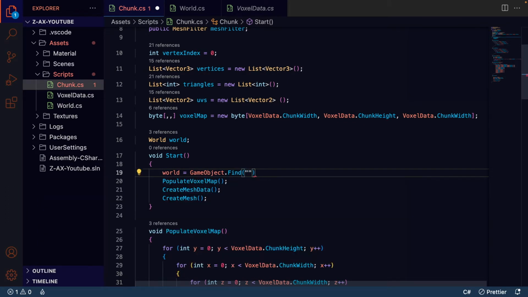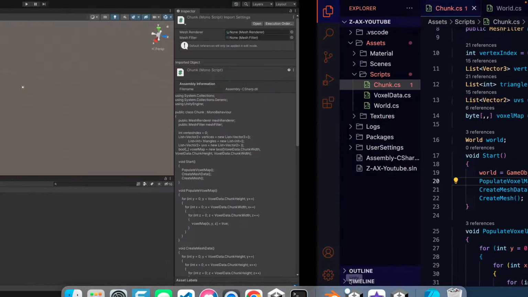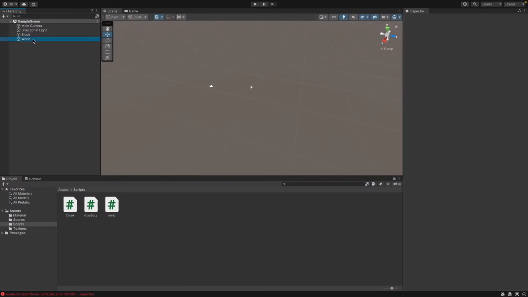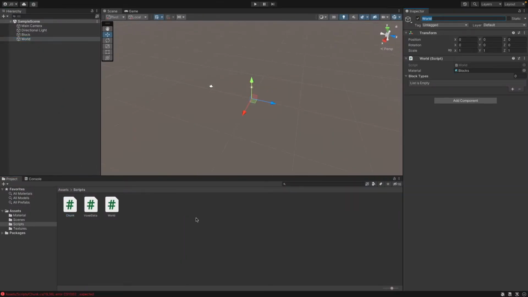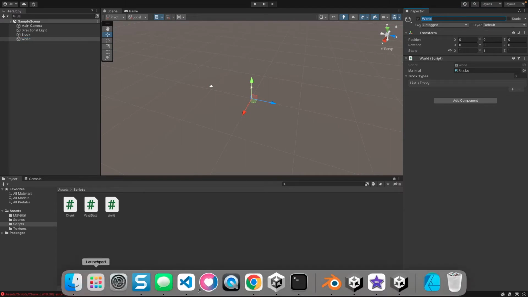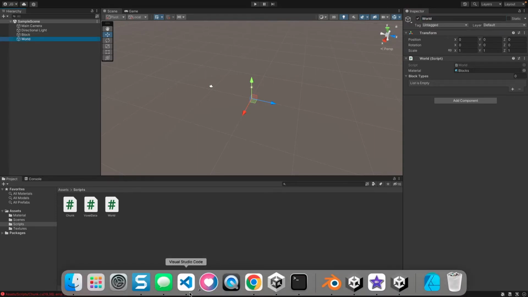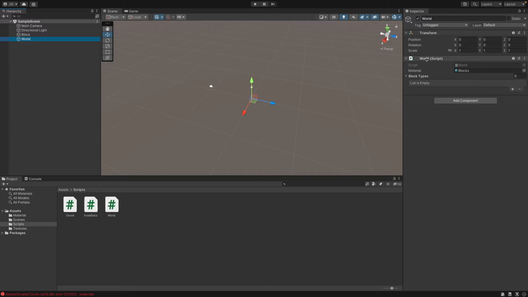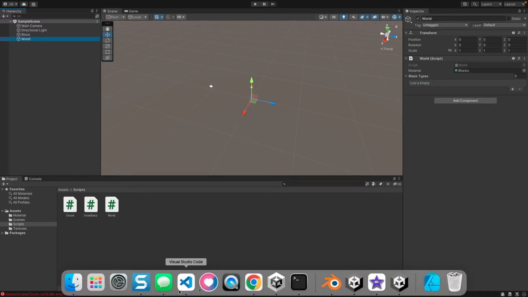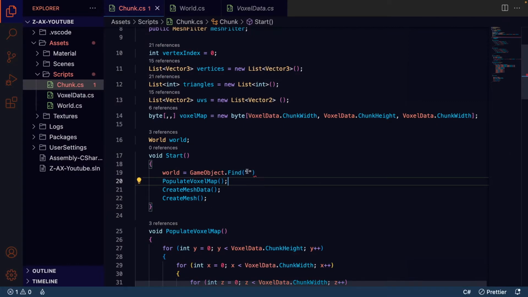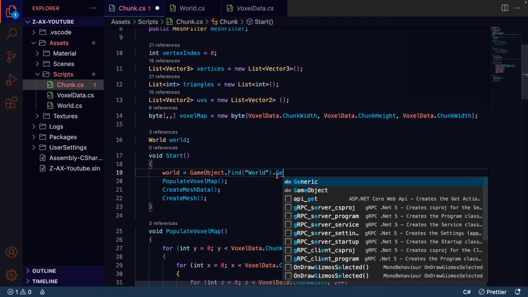By the way, in Unity, let's go to Unity quick. It'll give me an error, but ignore that error. As you see, our world object has a world script attached to it. Copy that name. If you named this anything else, as long as you just copy the name. Know your script's name, in my case is world, and the game object the script is attached to, which is also world. If we go back to Visual Studio, I can just paste it in this case, and